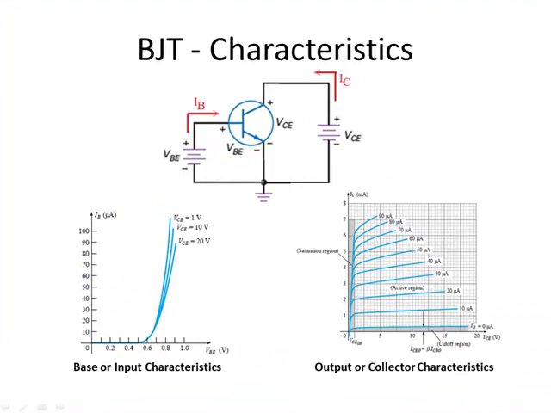Well, static or DC characteristics of BJT is used to design DC biasing circuits. That is one part of the story. Normally, BJT is either used as an amplifier or as a switch. If BJT is being used as an amplifier, then only the DC or the static characteristics what we obtained so far is not sufficient to design the circuit. We should also know how the device behaves for different AC signal. That is what we call as small signal analysis.